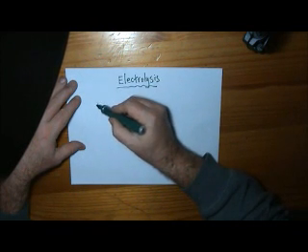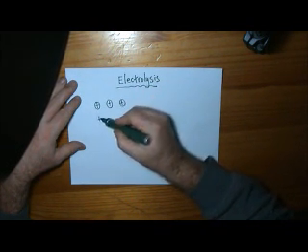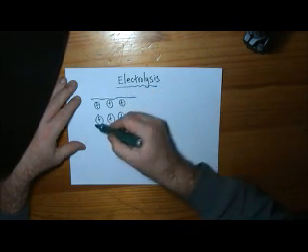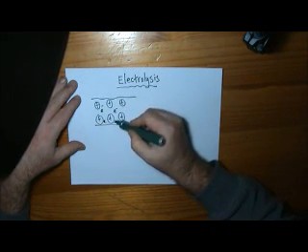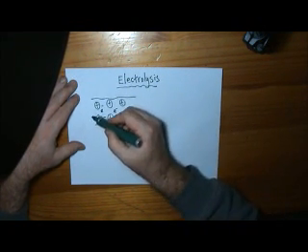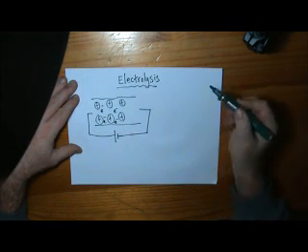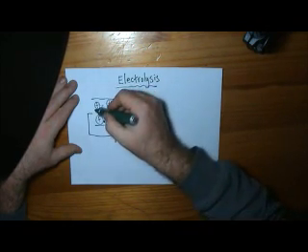Let's have a look at it in a metal. A metal is positive ions surrounded by a sea of electrons. There you go. And if I connected this to a cell, like this, the electrons would move through the wire